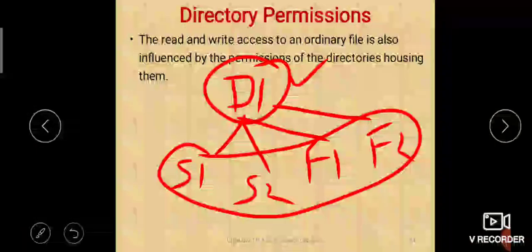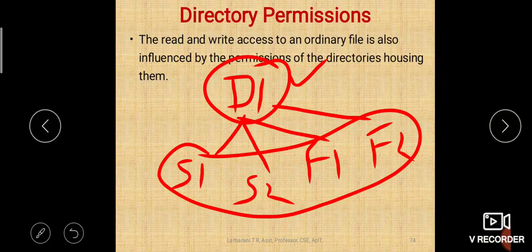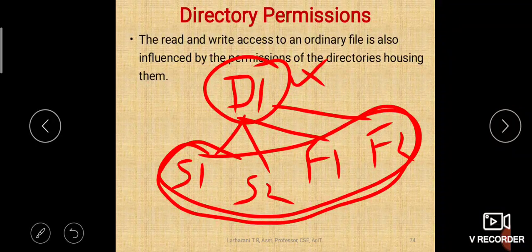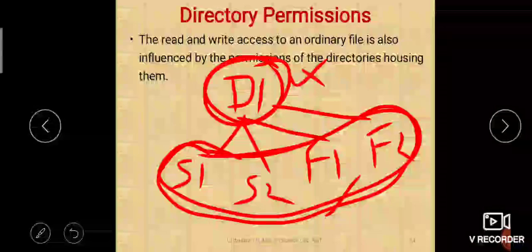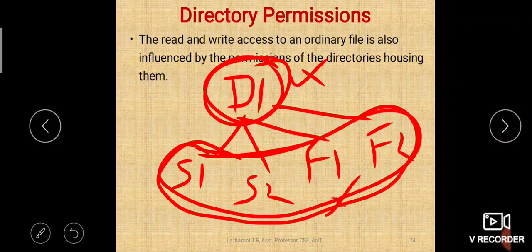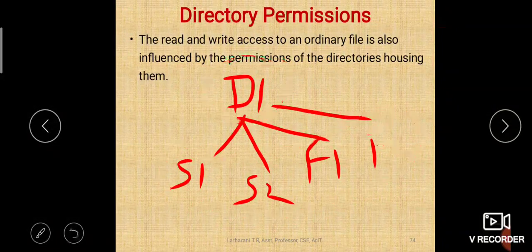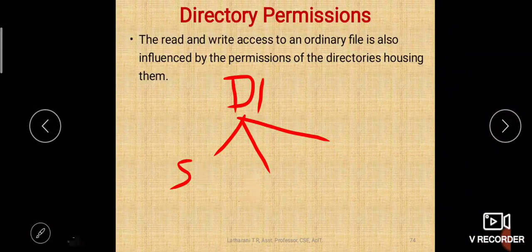But if HOD sir says don't take class, I will not take class, isn't it? So that is how it works. If the directory itself doesn't have the permission, then the files under it will not have permission, even though their personal permissions are present. Directory permission will impact the permissions of the files under it. Is that clear? Okay, let us move on to the next point.